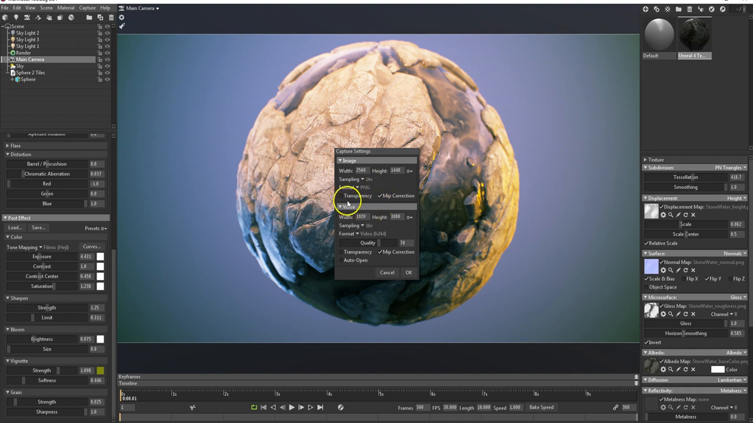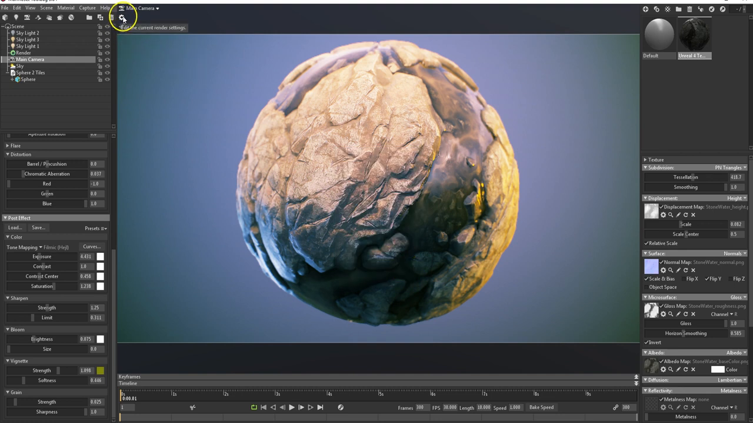and we don't want to save out transparency because we're going to hold this background. If you want it to be on a transparent background so you can put your own background in, then do that. You can change the format. PNG is fine for what we want to do. And if we're happy with all of that, hit OK, and then you can capture an image with F11,